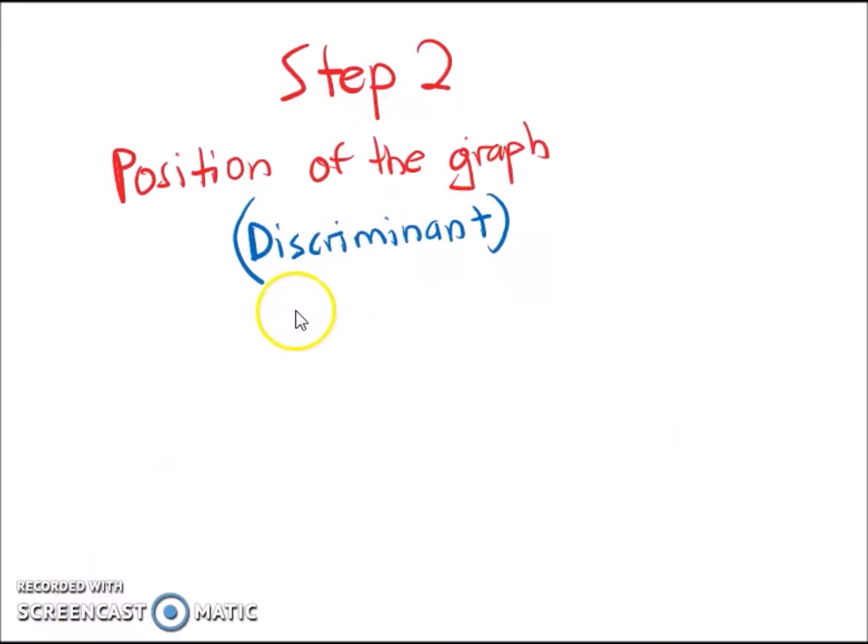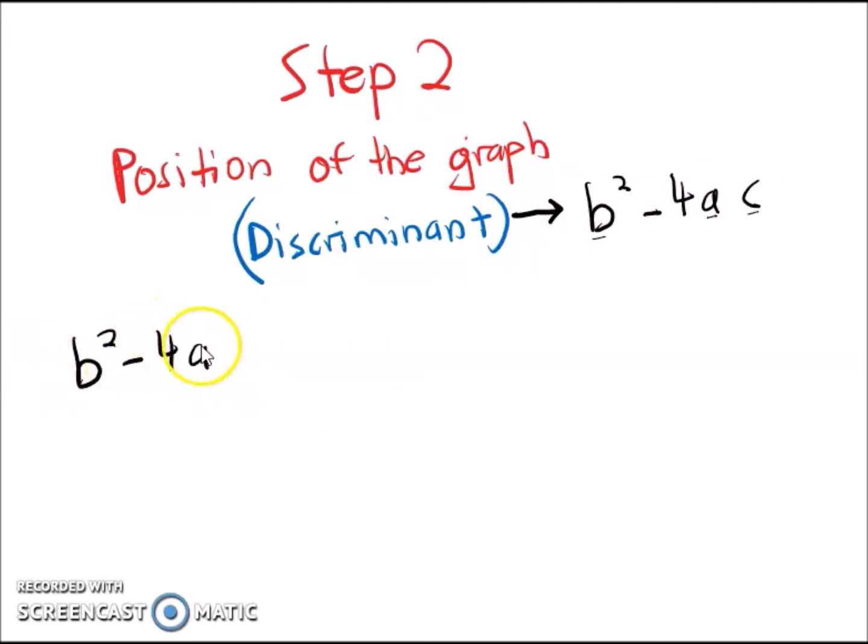In step 2, we are going to show the position of the graph by using the discriminant. This can be done by using the formula b squared minus 4ac. The b, a and c can be taken by following the equation. Now, let's say the value of b squared minus 4ac is more than 0, it means the value is positive. So, the graph position will be either